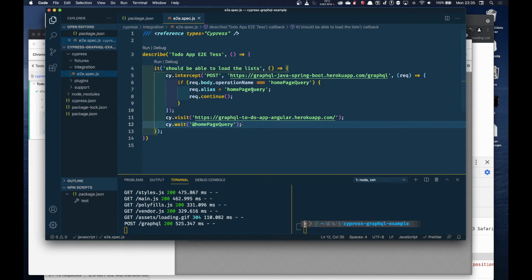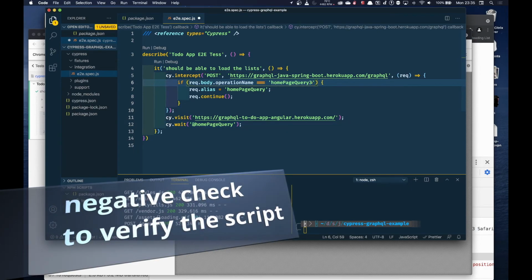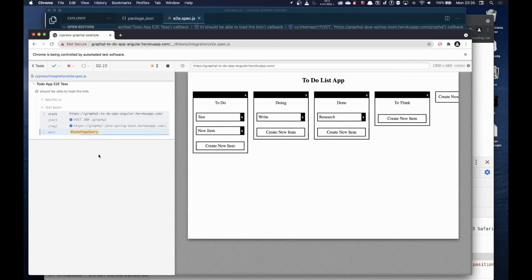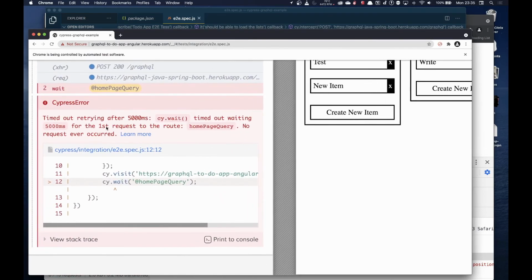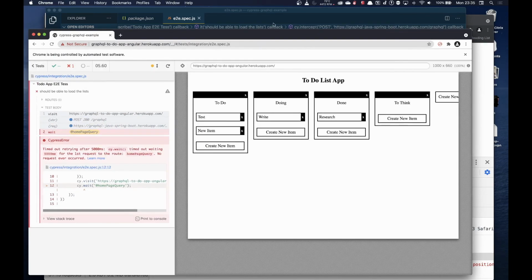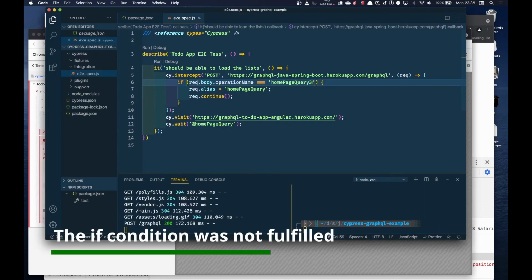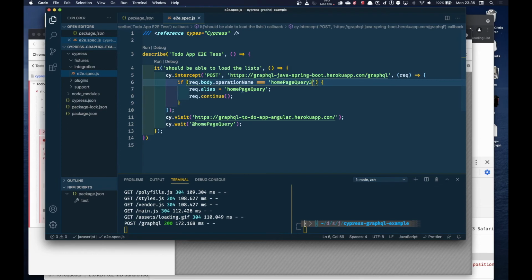And for that, we give it the right alias. We wait for the alias. So if I want to make it a negative test, let's say I make it query 3, and what's going to happen is it's going to wait. Let's zoom this bit in. Now it says I was waiting 5 seconds for the first request to this route. No request ever occurred because we wrote the wrong name here, and this if wasn't fulfilled. This request never got this alias, and so this alias doesn't appear. Let's put this back to where it should be,